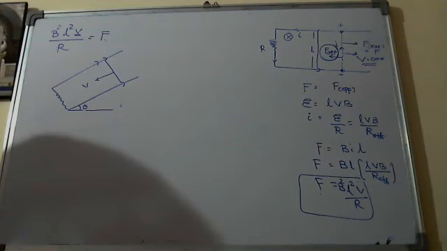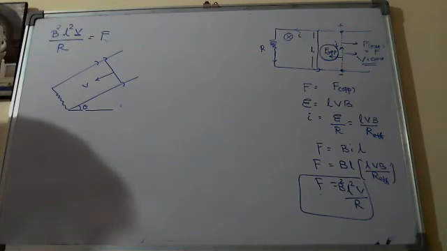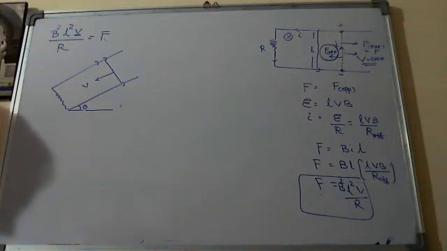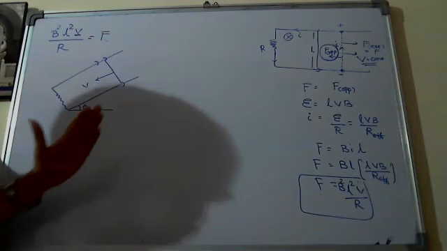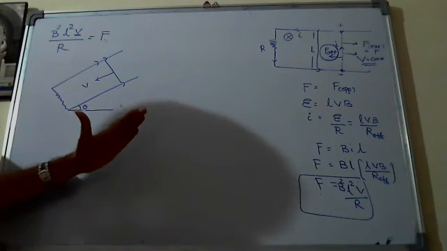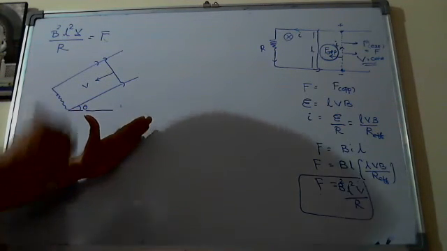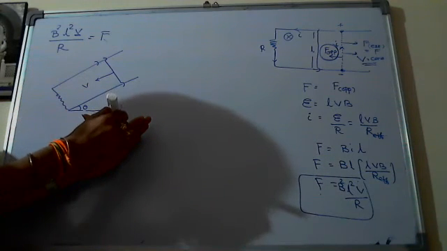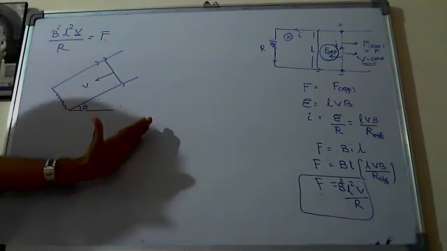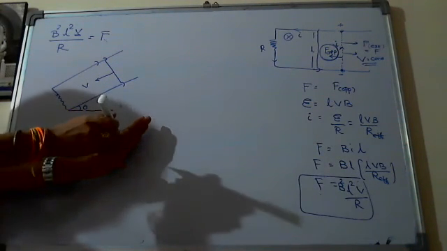We should consider sine theta also, sir. Where do we have to consider that sine theta? F equals BIL sine theta. I think it is not required. Why? Because the rails are inclined like this, and he is applying the magnetic field into the page like this, Nana. This is the direction.